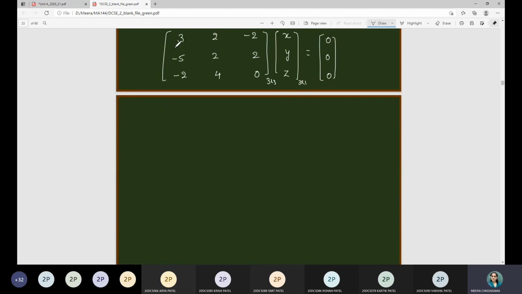Okay, so this will give us a complete system of linear equations. We will solve it, then you will have the answers of x, y and z. That is our target. So in this case, I have to solve this system of linear equations. I will go through the row echelon form.